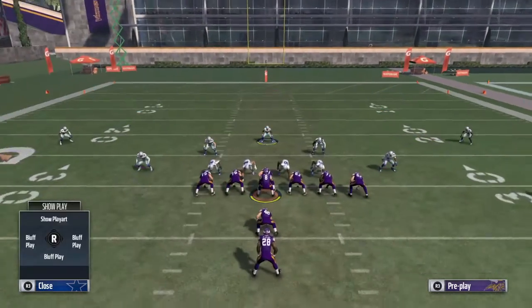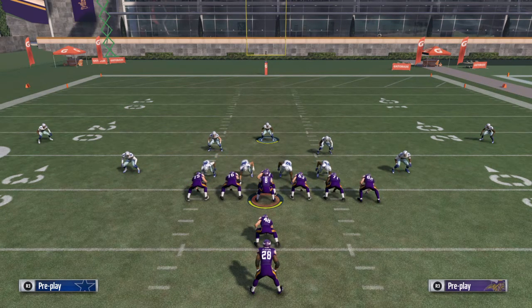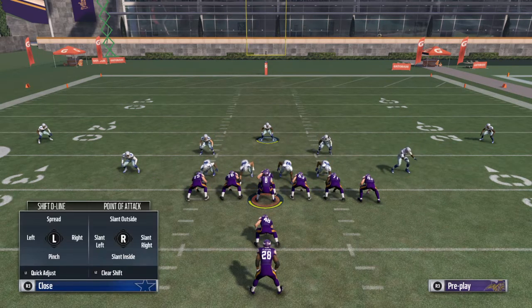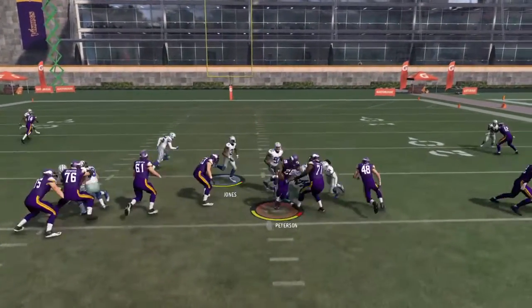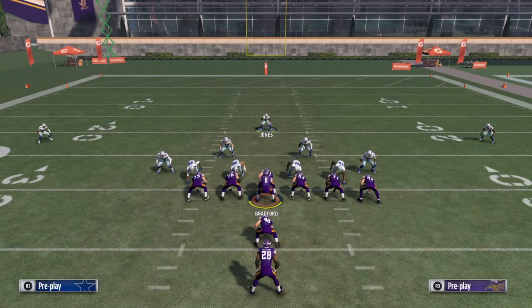So you can see by the run fits, by crashing the line out, you can see what happens. Alright, if you slant the D line in, you can see that the D line goes in. If I slant outside, you can see that the linebackers then hit the A gaps. So we can see what this does. Alright, but again, I feel more comfortable with the defensive line having the responsibility of breaking in on the run and the linebackers going to the outside. That's just how I like it. I don't want to rely on jamming the middle. I like hitting the B